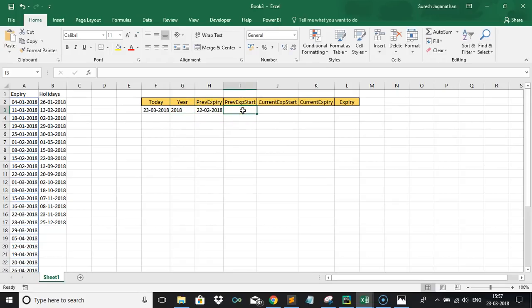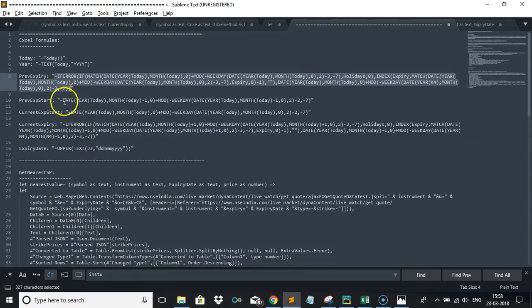Now you need the previous expiry start. Assume that today is in March, so the previous expiry is going to be February, and for February the start will be the previous month's Friday. Friday is going to be the first day for any expiry, right? For example, the February month expiry is 22, so then the March contract will start on 23. 23 is a Friday, though not actually the first Friday; it is the Friday following the last Thursday of the month. So then we take the previous expiry start